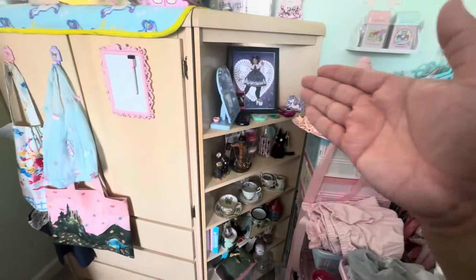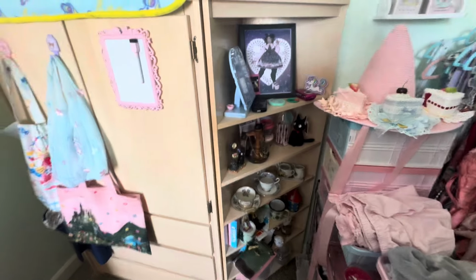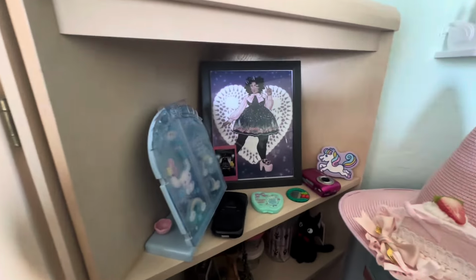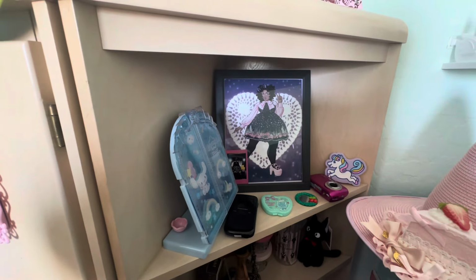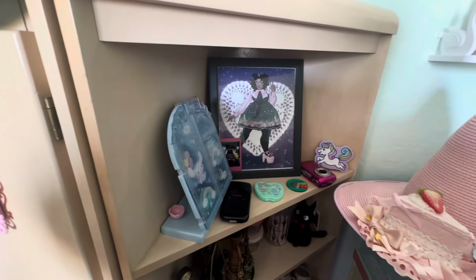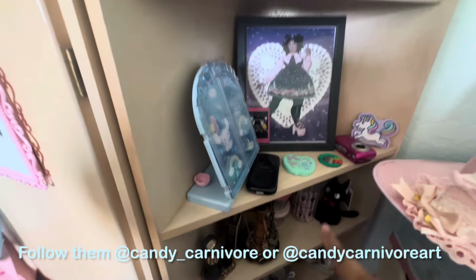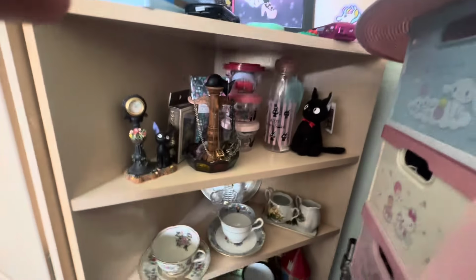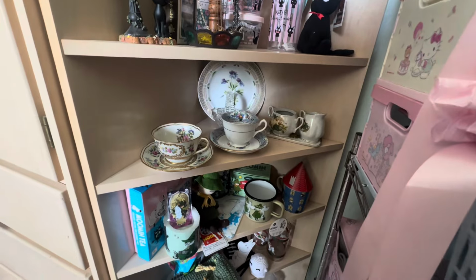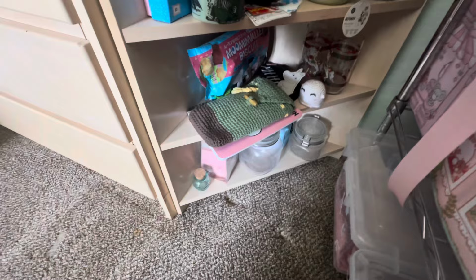And then over here we've got stuff that I like to keep on display, like this lovely art piece that was given to me by Echo, who is a member of my local comm. I believe they go by Candy Carnivore on Instagram. I will tag them. And then digicams, hand mirrors, etc. The Kiki's Delivery Service shelf, some teacups and stuff that I found, 2 rows of Moomin things, and then miscellaneous